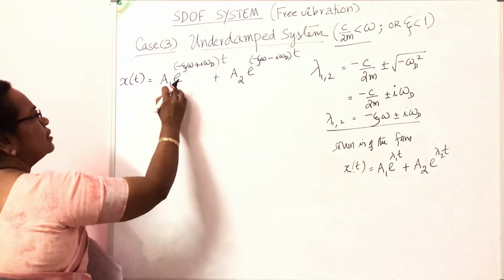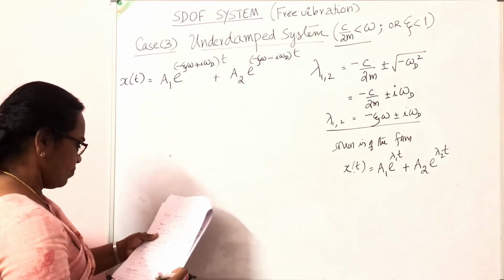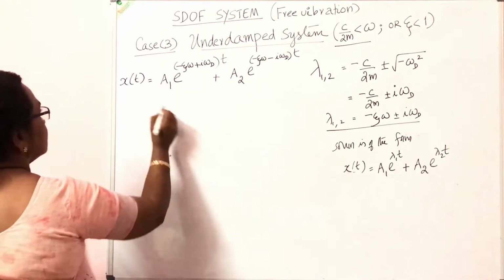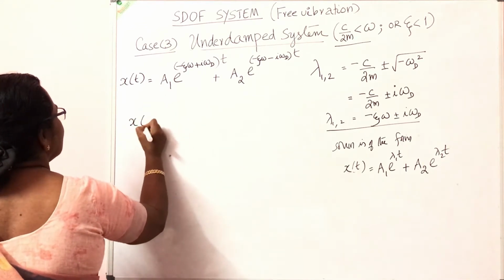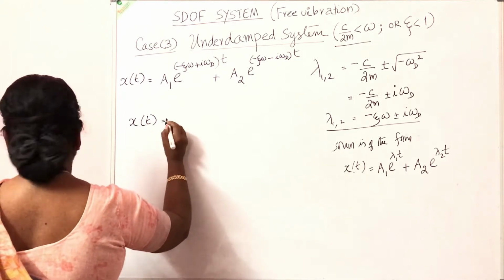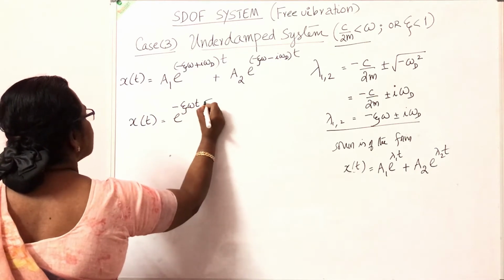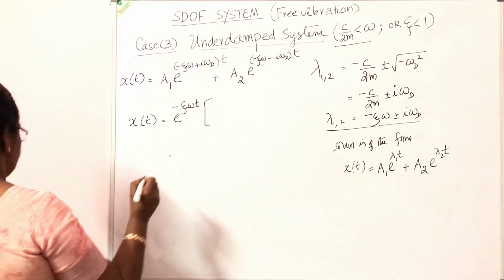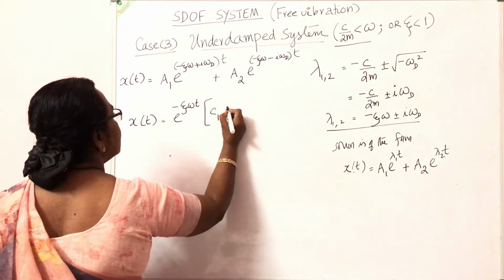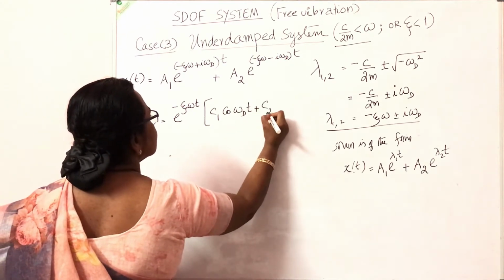Now we expand it, e raised to minus psi omega t times e raised to i omega d t, etc. You expand this, and finally we get a solution of the form x equal to e raised to minus psi omega t into (C1 cos omega d t plus C2